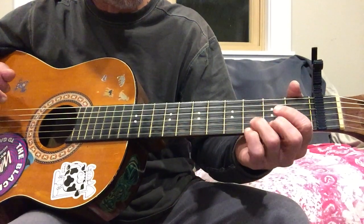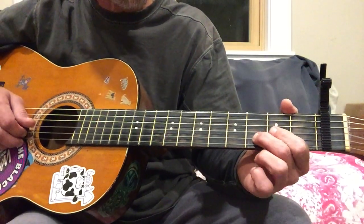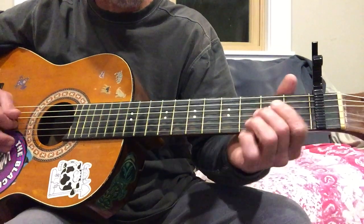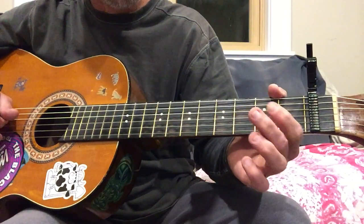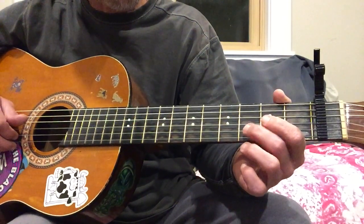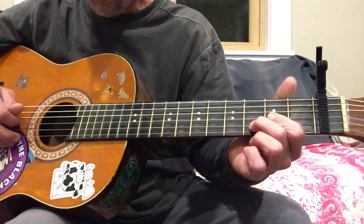Then we're going to go to a D, and if you do it like this, you can be in position to do this little run that's going to come up. This part's going to sound like, hang on, it's going to go. Alright, so it's a D chord, so you're going to have the second string at 3 and the third string at 2, and this is going to go,